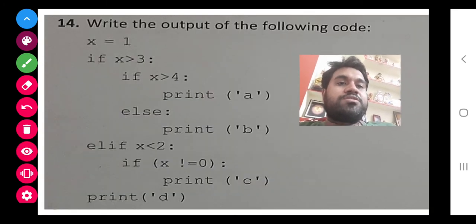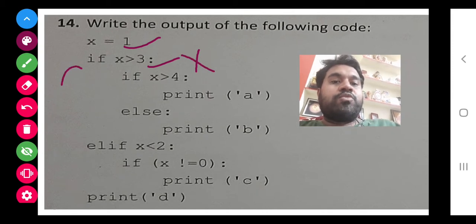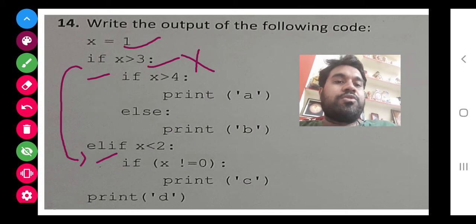Now next one, I do not remember whether I have given you this or not, but let's do it. We have to find out the value of a, the output here. So x is equal to 1, which is not greater than, so the first condition is false. Now we will move to this else because the if is false, so we go to its else condition, that is elif.